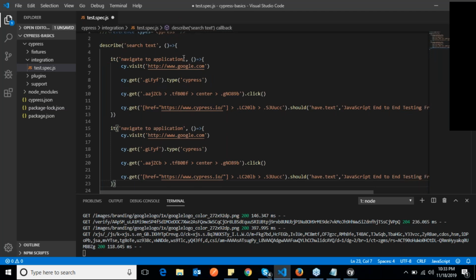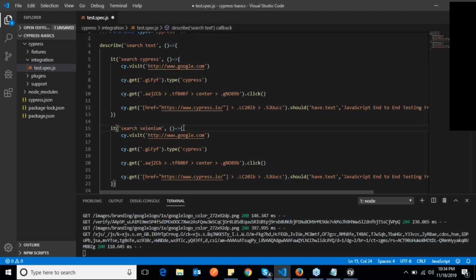Let me correct the name of the test method. I can write here search Cypress. And suppose for another test I want to validate, just for demo purposes, search Selenium